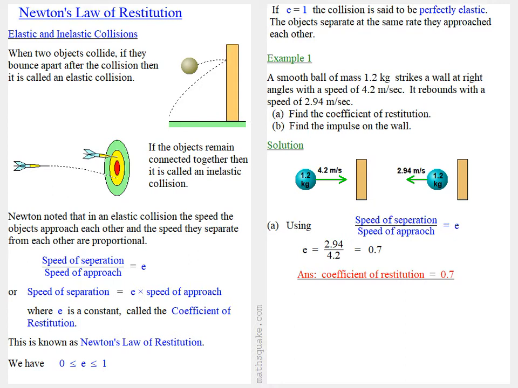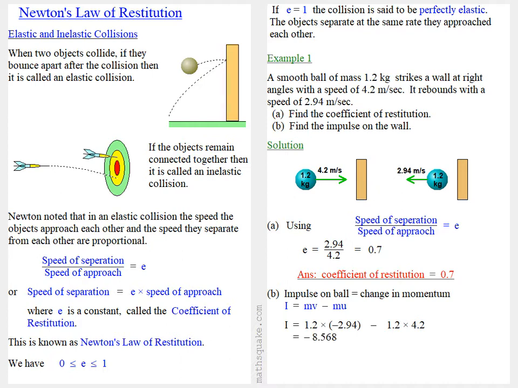In part B, we're asked to find the impulse on the wall. Well, the impulse on the ball is the change in momentum. I equals mv minus mu. Now, u and v are vectors, so we need to be aware of the signs. The ball initially approaches the wall, so u is positive, but when it bounces back, v is negative. So, I is equal to 1.2 times minus 2.94, take away 1.2 times 4.2,